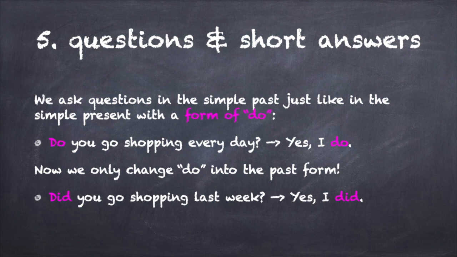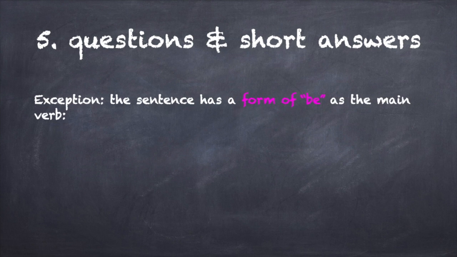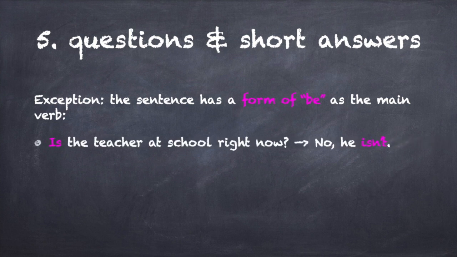Man muss nichts verändern. So the only exception for questions is when the sentence has a form of be as the main verb. In the simple present, it's the same. Is the teacher at school right now? No, he isn't. Also hier benutzen wir nicht eine Form von do, weil be, also is in dem Fall, ist